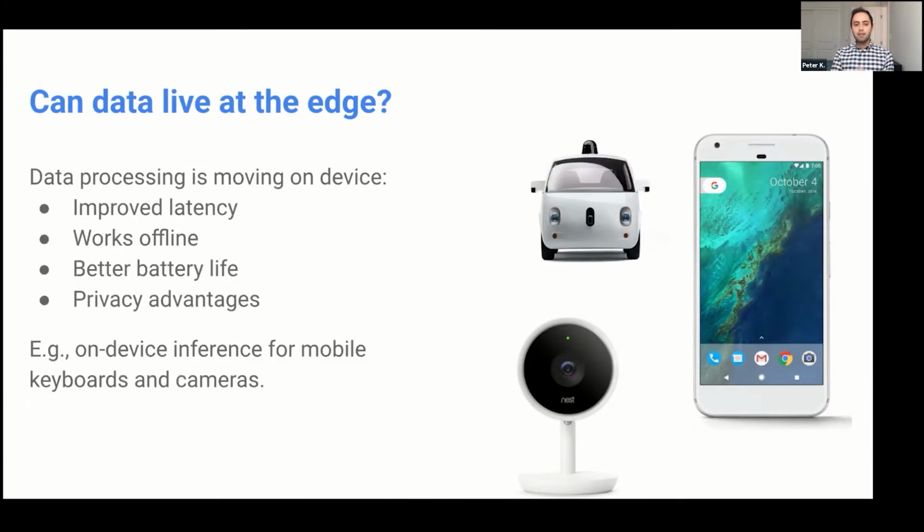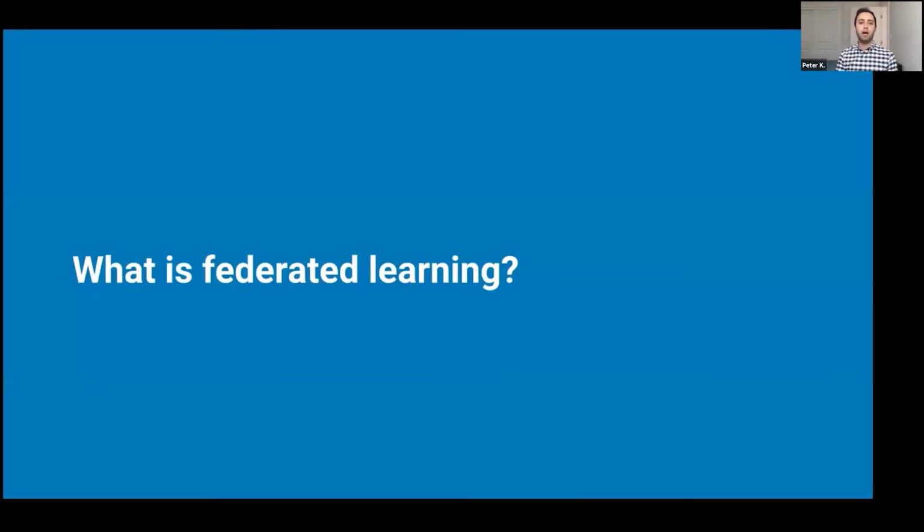And so that's the biggest fundamental question that we're here to tackle. Can we actually leave this data at the edge? Can we still train AI and machine learning models while never collecting and storing the data and putting it in one place? This has advantages for privacy, and this has advantages for other things. It can also improve latency. It can also improve battery life. It can make our services work offline. And so this fundamental question, though it's rooted in privacy, has very many ramifications. And this is really what led to the birth of federated learning.